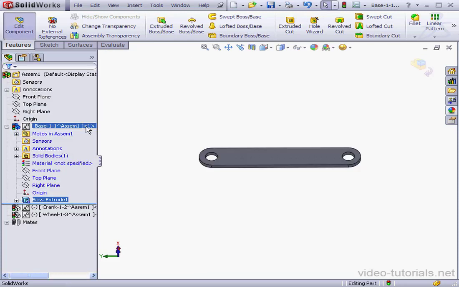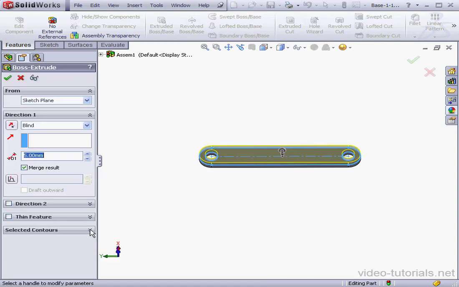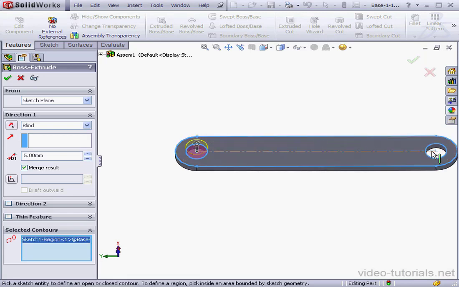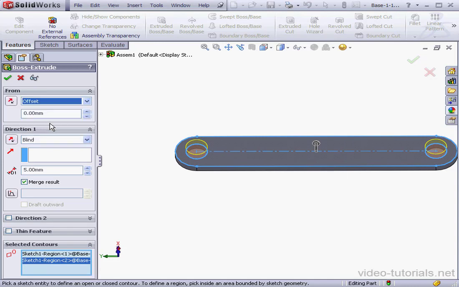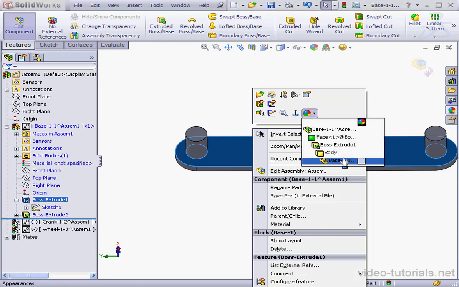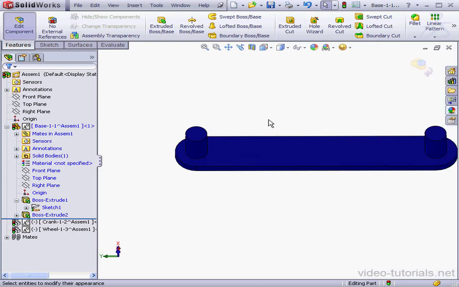OK. Let's select the sketch again. Extruded boss base. Now we'll use selected contours. Let's select here and here. From, offset, 5 millimeter offset. Tab to register. Let's change the offset direction as well. And the extrusion depth, 25 millimeters. Let's right-click and change the color of our part. Let's make it, let's say, dark blue. And let's exit part